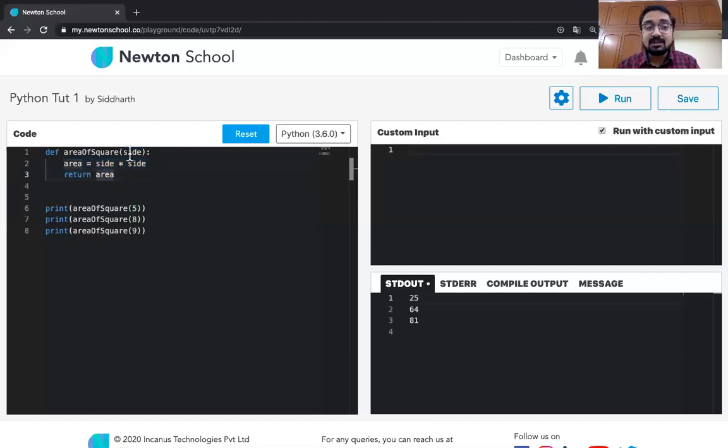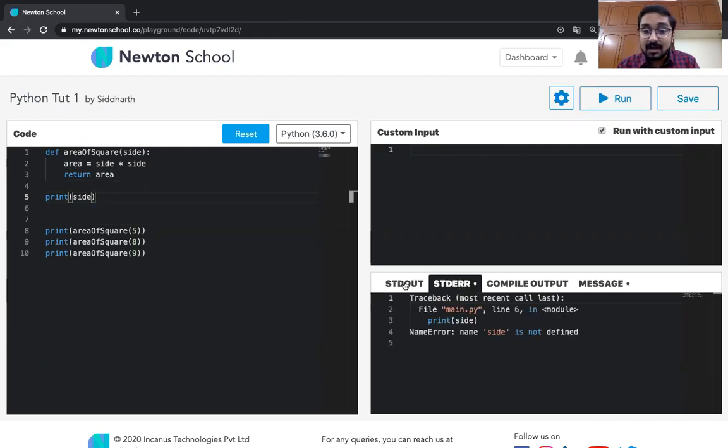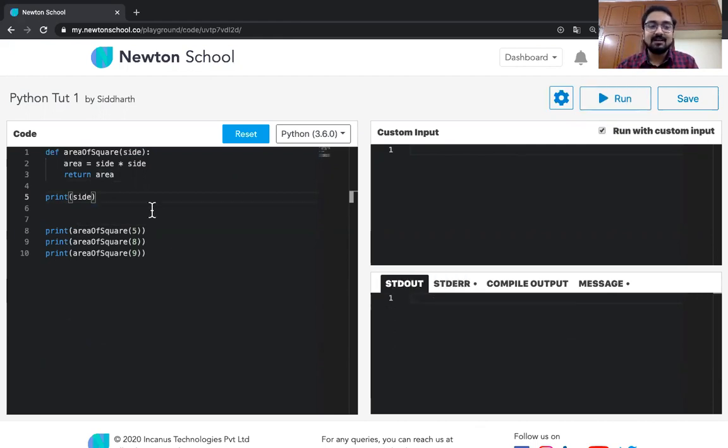So this is a temporary variable whose scope is only inside this particular function. Let me try to print it outside this declaration, and once I do it, as you can see over here, we have got an error because side is not defined. So this is not something that you can access from outside. This is a temporary thing which is created for every function call that you do.